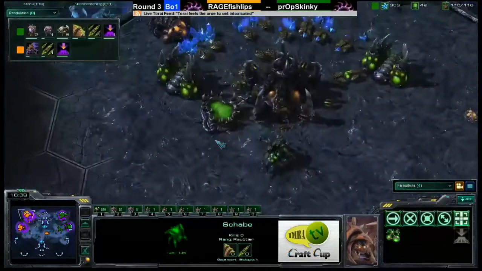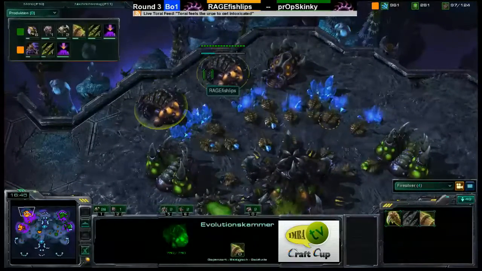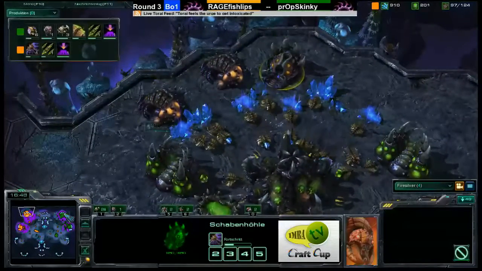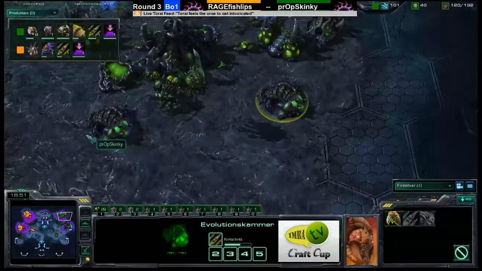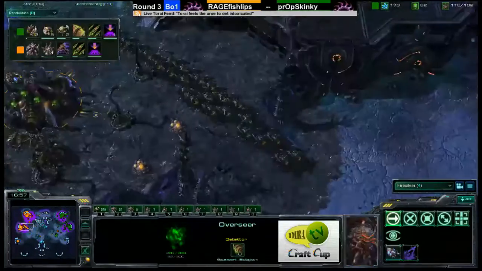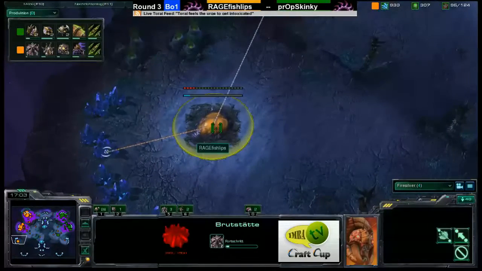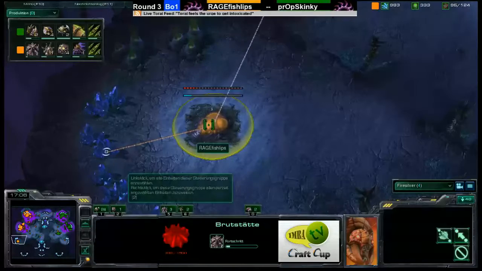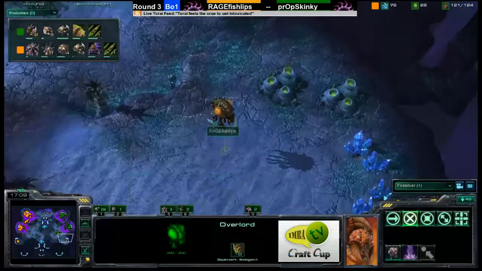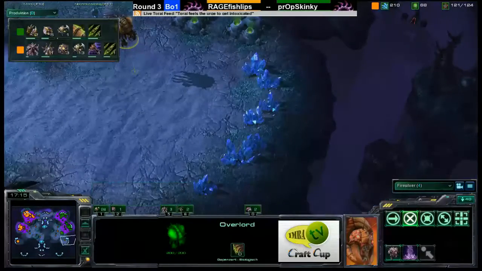as we see FishLips move into the middle of the map. Yeah, FishLips has gone for dual evolution chambers, so he can get the armor upgrade at the same time. Surprising that we're going to see him do that. Skinky is getting the dual upgrades, but not from FishLips yet. Here's something very important, as we see a third expansion being placed down right now from FishLips. Looking at FishLips' overlord over here, he's keeping an eye on the bottom of the map,